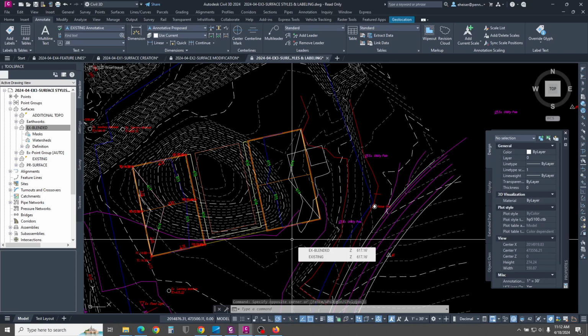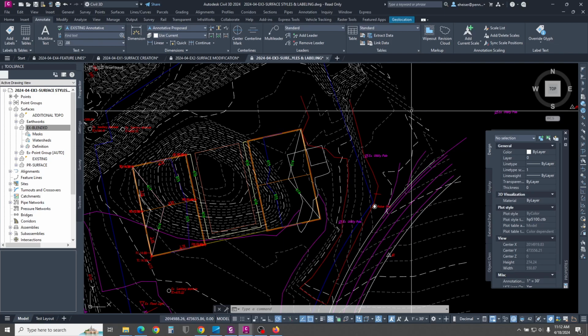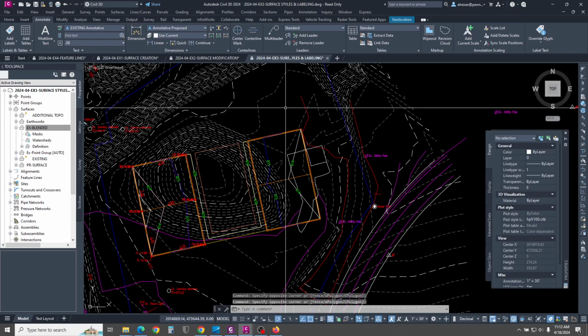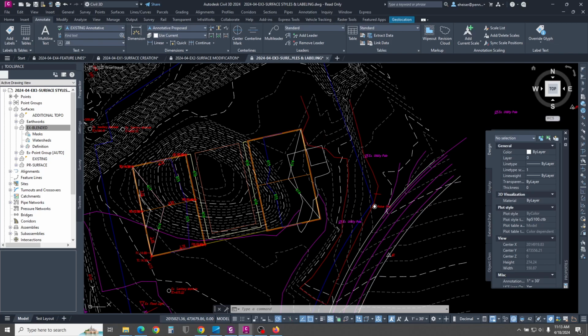Typically, I lock existing surfaces as soon as I'm done creating them for base mapping, and I lock a proposed surface as soon as the design is pretty well complete, or maybe after something gets approved, I'll go back in and I'll lock the surfaces just to make sure there aren't any issues where something could inadvertently be changed. So that's styles and labels, locking, and rebuild versus rebuild automatic. Now we'll jump back into the slides